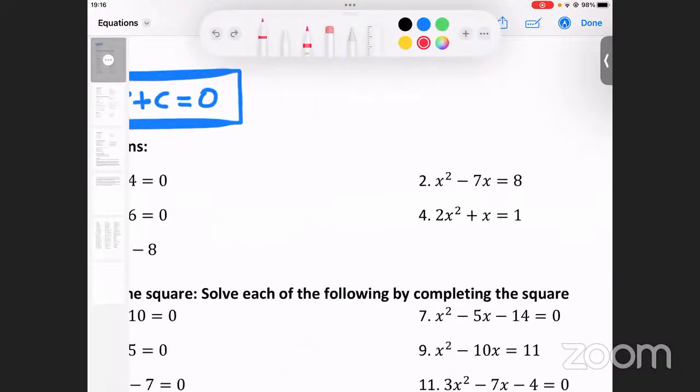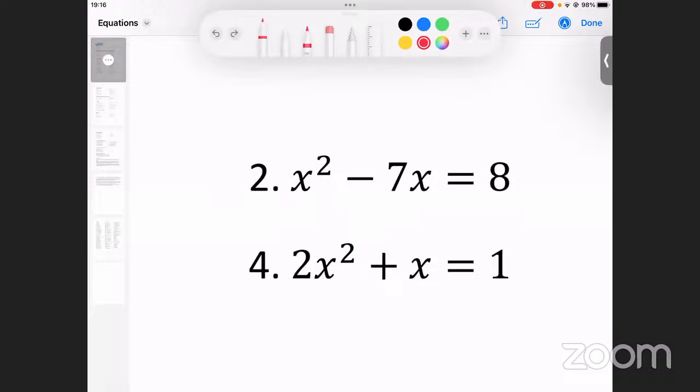Okay, maybe let's look at number 2. You look at number 2 and then you realize that this is an equation. Why? Because it has an equal sign. That is number 1. That means you must solve. Why do I have to say it's an equation because it has an equal sign?